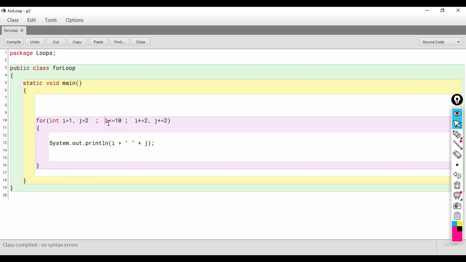Now, since we are meant to write a Boolean expression here, we can use logical operators also to combine several conditions. So, let us say if I write here I is less than equal to 10 and j is less than equal to 5. So, what will be the output for this?